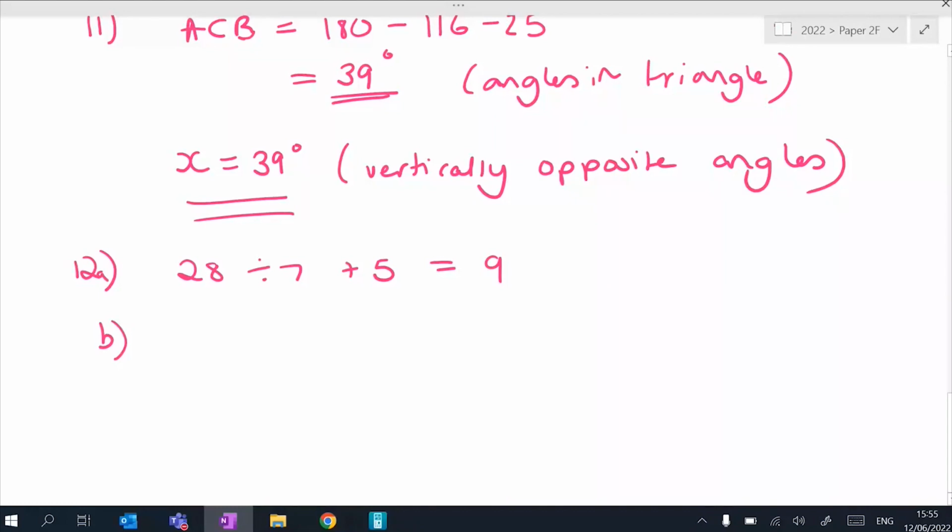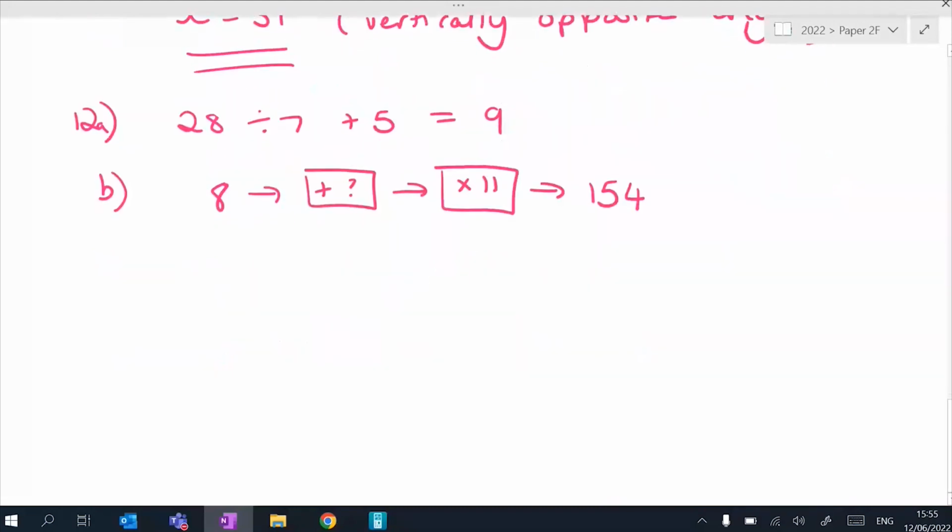Okay, the next function machine has got gaps for you to fill in. So we're going to add something and then multiply by 11. So we know for 8, we're going to add something and then we're going to multiply by 11. Okay, and the answer that I'm going to get is 154. So if I'm working backwards,